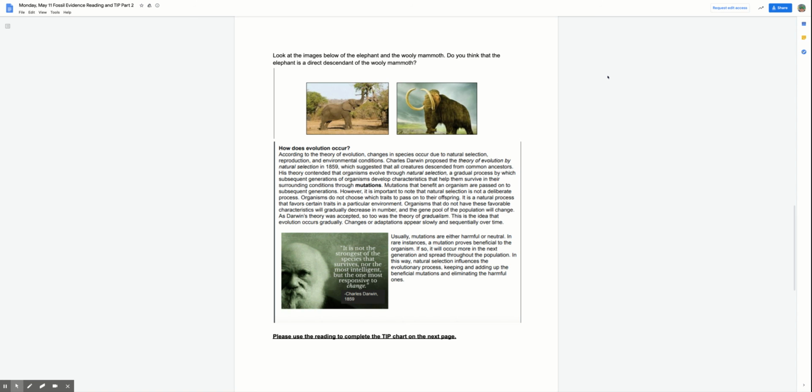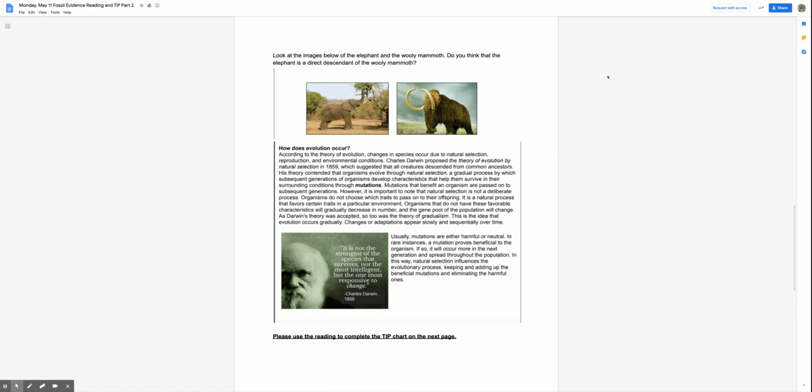Usually, mutations are either harmful or neutral. In rare instances, a mutation proves beneficial to an organism. If so, it will occur more in the next generation and spread throughout the population. In this way, natural selection influences the evolutionary process, keeping and adding up the beneficial mutations and eliminating the harmful ones. It is not the strongest of the species that survives, nor the most intelligent, but the one most responsive to change. Charles Darwin,